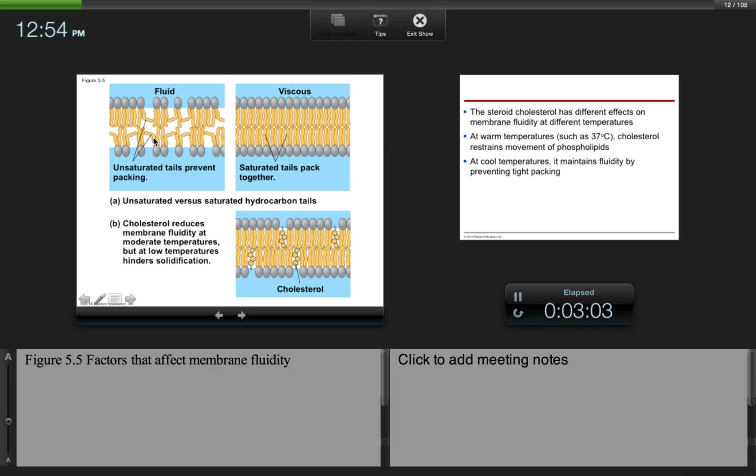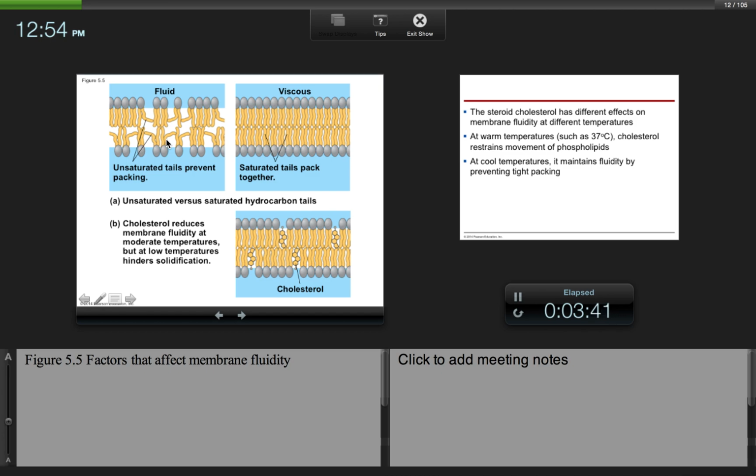Okay, so here we have unsaturated fatty acids. Remember that unsaturated lipids or fatty acids have at least one double bond, causing a bend in the molecule. So as a result, in a cold environment, this is going to prevent the membrane from packing tightly together. Okay, because if it gets too cold, then it's going to become too viscous and it's not going to be able to work properly. So as your temperature decreases, you want to have more unsaturated fatty acids to prevent tight